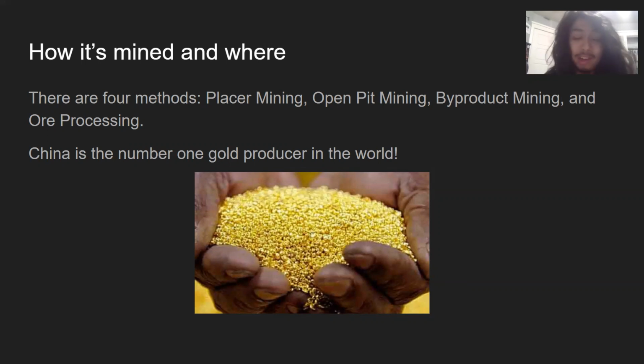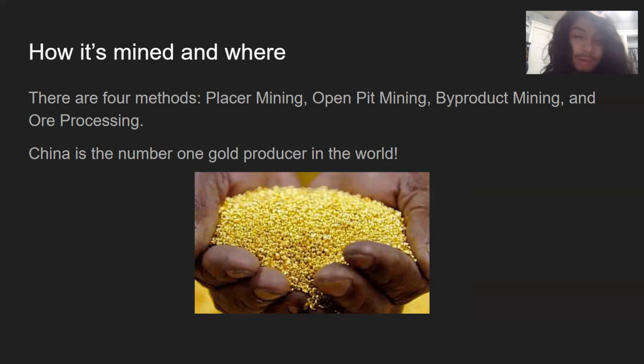But the thing is, they can create a lot of gold from byproduct mining as well, because in India, byproduct mining actually yields quite a bit of gold, and it yields more than gold focused mining industries, which is pretty funny. And then the least efficient method, even less efficient than placer mining because of the